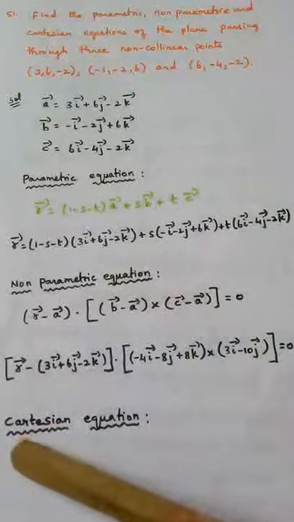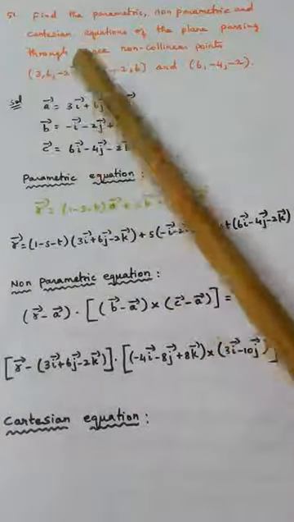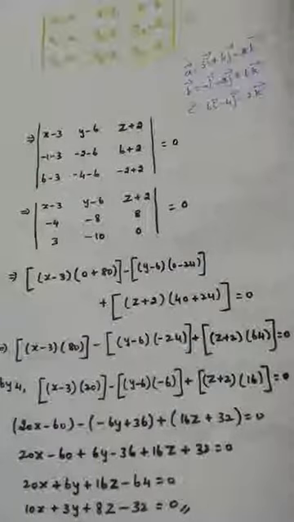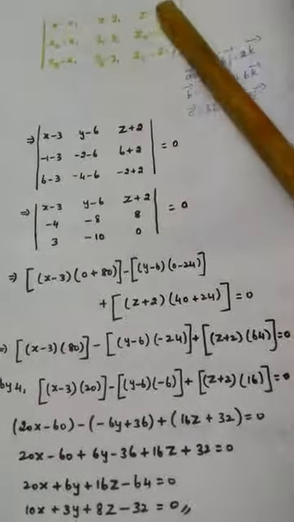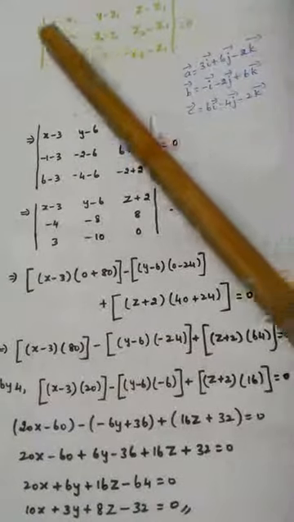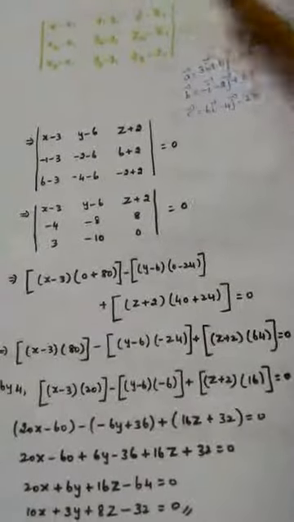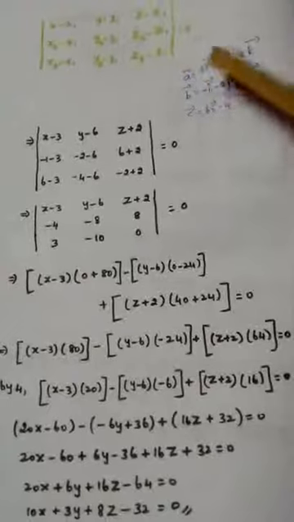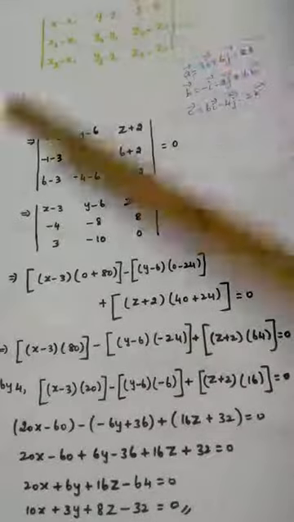The third part, what they have asked, Cartesian equation. Can you tell what is the formula? What type does the plane come under? The plane is passing through 3 points. So what will be the Cartesian equation? The Cartesian equation is this, right? The determinant with rows x minus x1, y minus y1, z minus z1; x2 minus x1, y2 minus y1, z2 minus z1; x3 minus x1, y3 minus y1, z3 minus z1 equal to 0. Again, for our reference, we have written A, B, C once again. What is 3, 6, minus 2? x1, y1, z1. Substitute that in the first row. So you will get this.